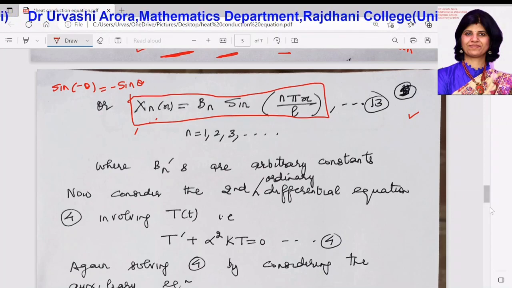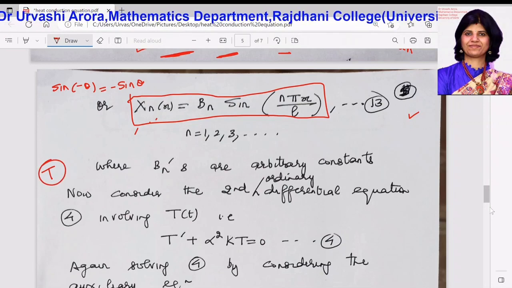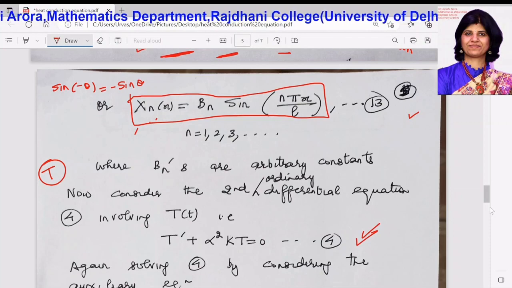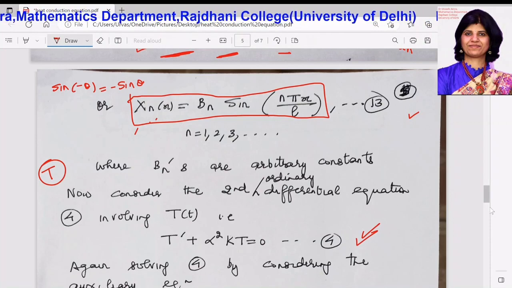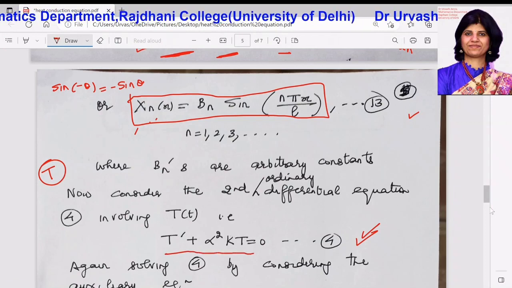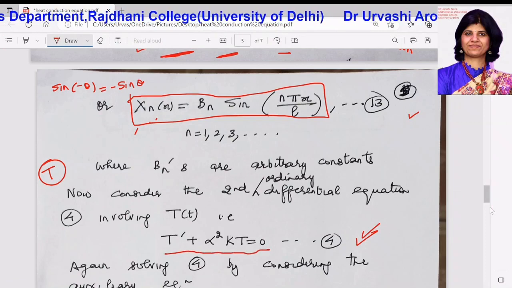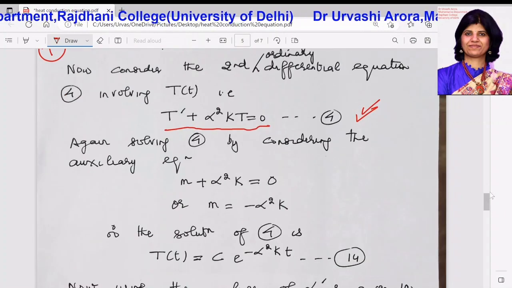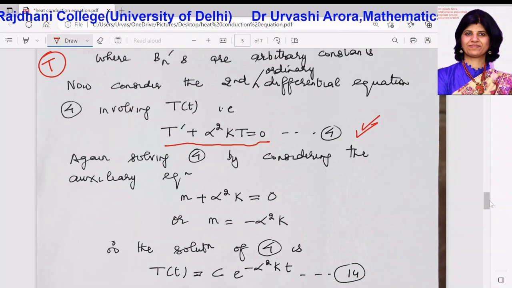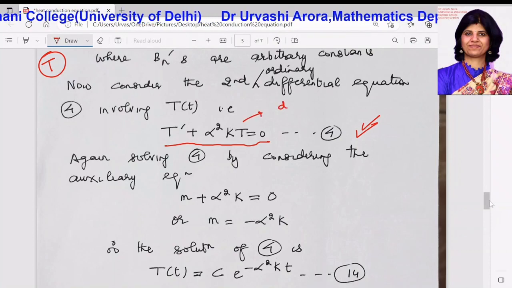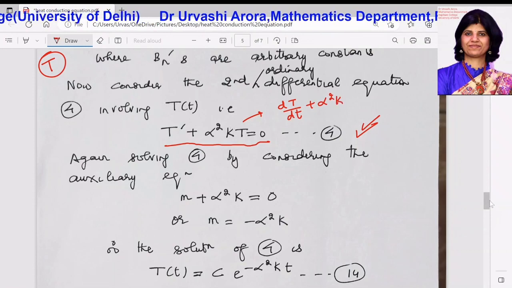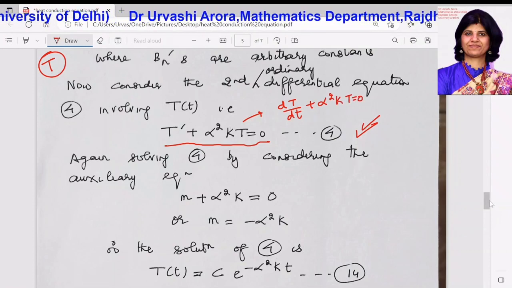Now, coming to the function capital T, whose non-trivial values again we were looking for. There was a second differential equation that we had obtained, a differential equation of first order in capital T, and that was T dash plus alpha square k T is equal to 0. Again we solve this ordinary differential equation of first order. You can write it in a simplified form. T dash is actually dT by dt, plus alpha square k T is equal to 0,